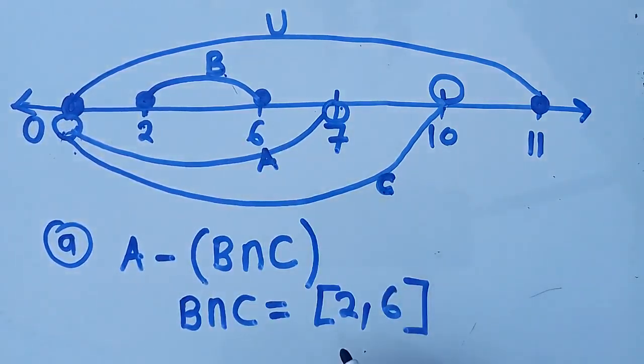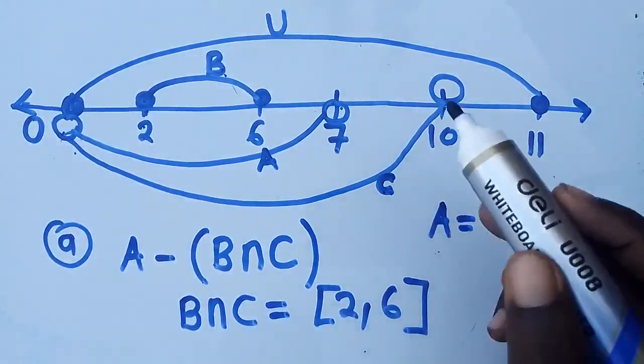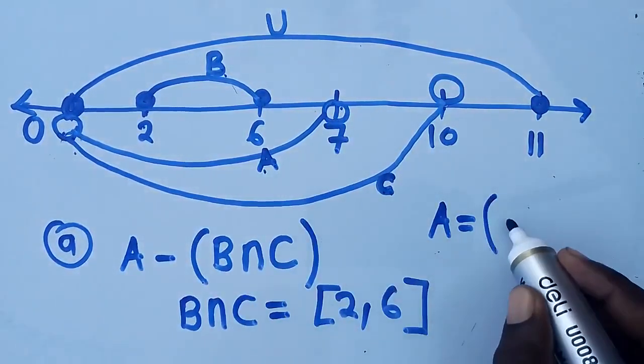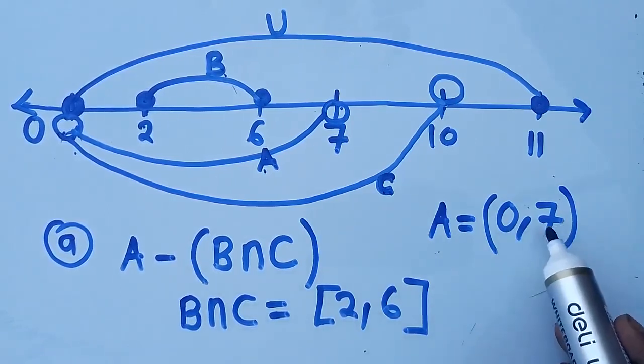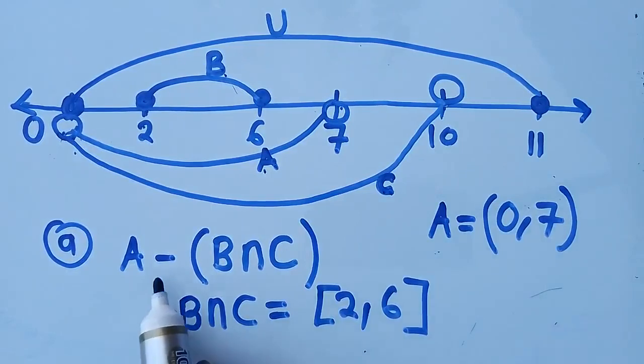Then you find your A. Where is our A? A is equal to, we are given in the question, 0 to 7, not included. This is what you are going to do. Very simple. So now the question was saying 0 to 7. So this means that you want to consider set A and remove